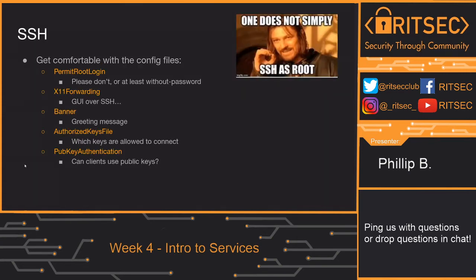SSH is pretty much one of the most important services during competition. It helps you access boxes remotely. And if this is down on a cloud box, for example, a box you don't have physical access to, it's going to be pretty hard to actually reach that. There's a config file in